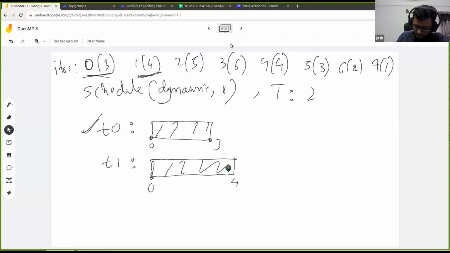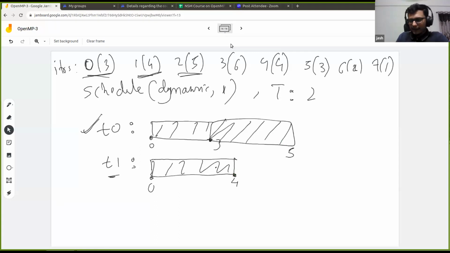Now after this time, thread 0 is idle, but thread 1 is still busy with its iterations. So what OpenMP will do is assign this iteration 2 to thread 0. And again, at point 4, thread 1 is idle. So in a dynamic manner, since this is idle, OpenMP will assign another set of iterations to this one here, right?